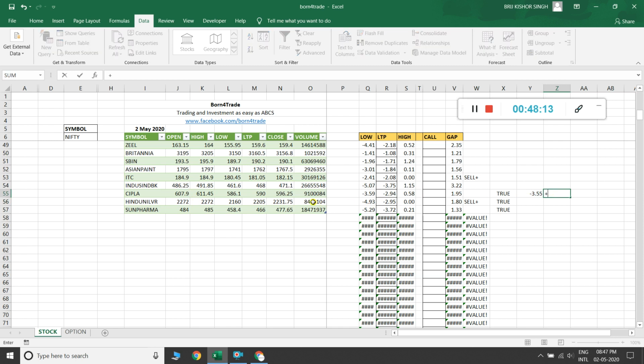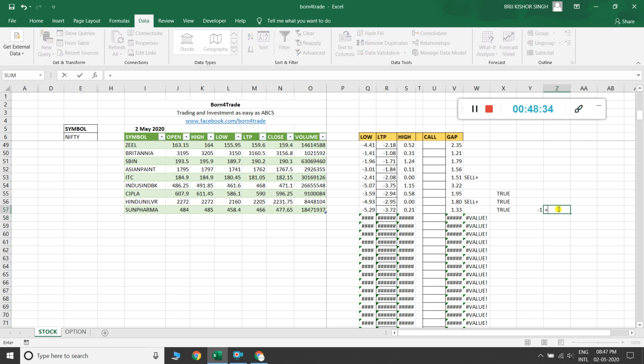Then I click here, because here it is 0.21%. Open minus high gives a 1 rupee change.